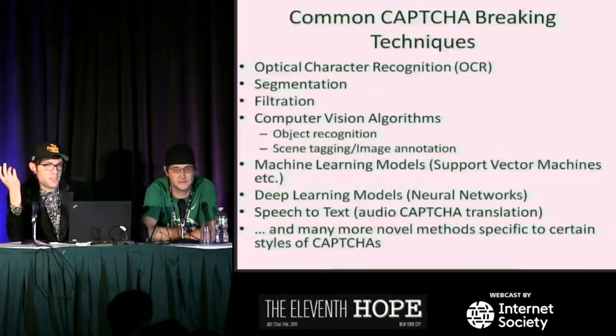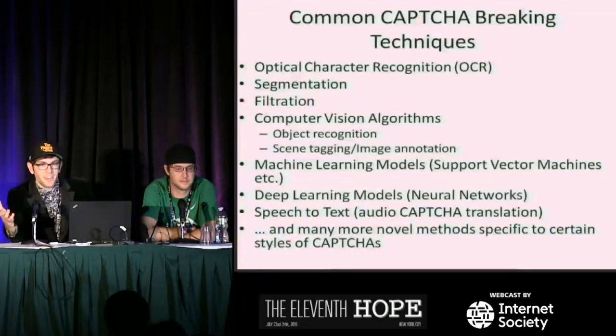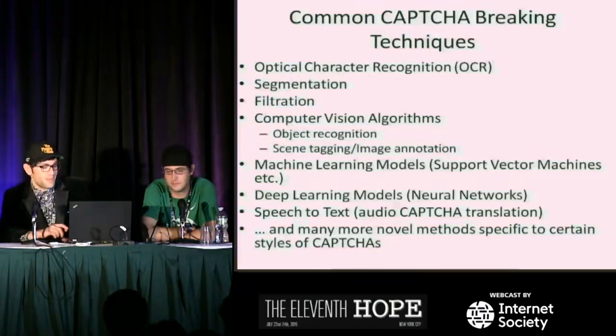Object recognition now is becoming increasingly more powerful. It's no longer as trivial as it once was. Scene tagging and image annotation now are hot. Who here has seen IBM Watson Alchemy? Okay, that's really fancy stuff. That's bleeding edge. It can provide image annotation where it gives you contextual information about an image, such as, let's say there's a guy on a beach drinking a Corona. It will say, man on the beach holding a bottle, right? That's creepy. That's some next level stuff there. I've been in the machine learning game for 6 years and that blew my mind.